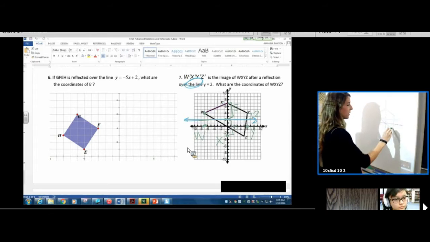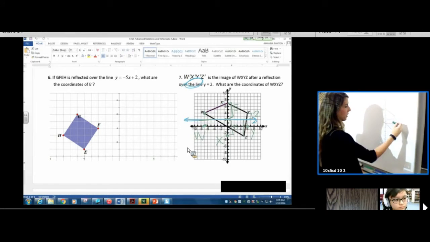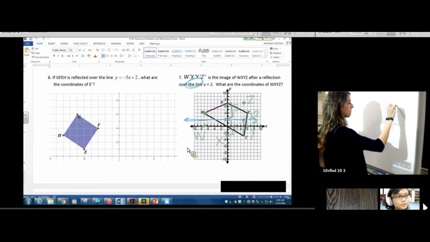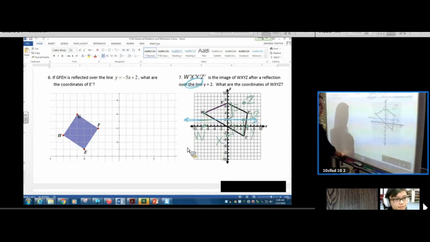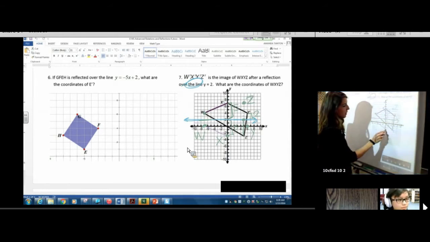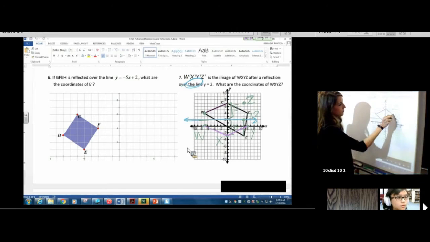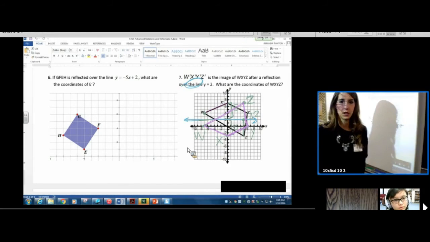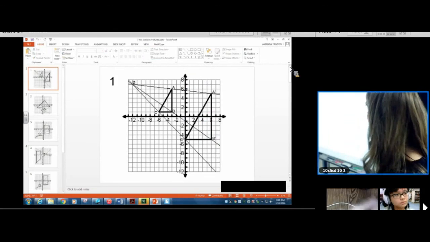Z is a little bit different. Z is already below. Z is 1, 2, 3, 4, 5 below. So I'm going to go 5 above, starting here. 1, 2, 3, 4, 5. Z. I'm going to use a better color for this. So now if I connect my coordinates, I now have the same figure, but reflected over the line y equals 2. So taking a look at this figure,